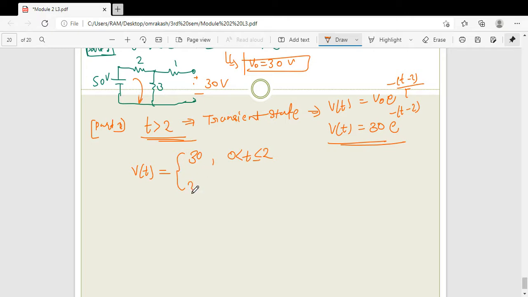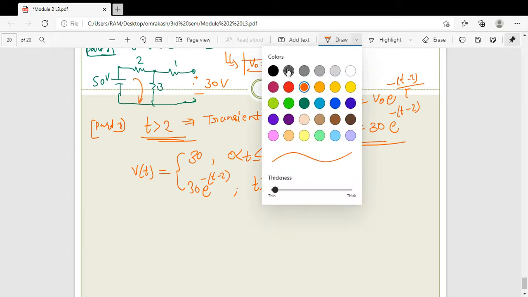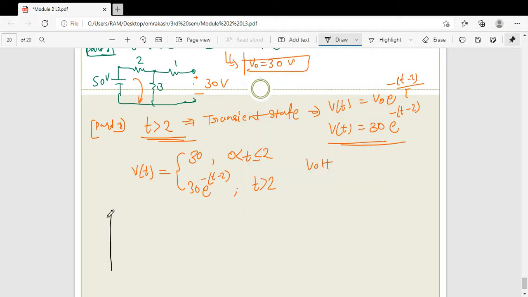So this voltage equation is for t equal to 2 instant of time, or greater than 2 instant of time. So this condition came, right? So this is in terms of volt, because of voltage. Now draw the circuit. What is the energy circuit for, or you can say what is the voltage circuit for this?